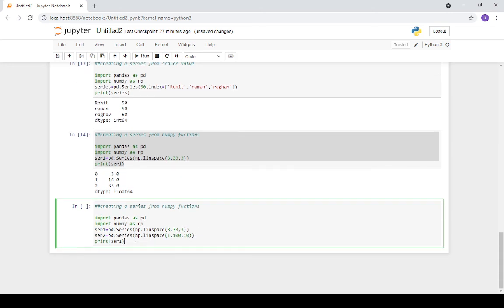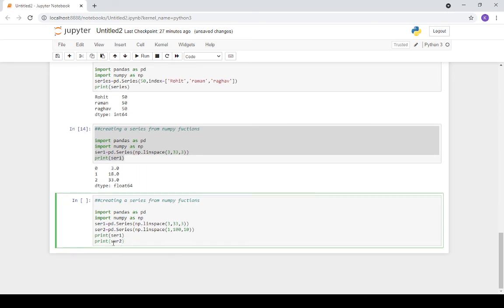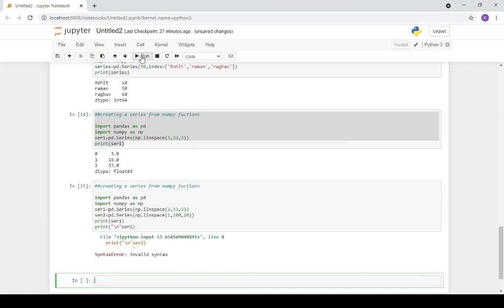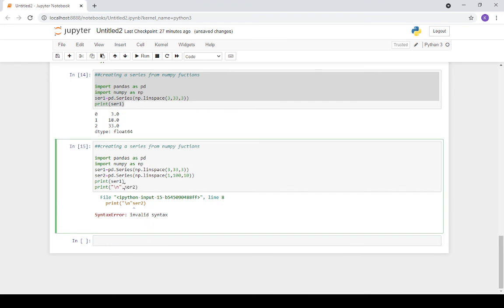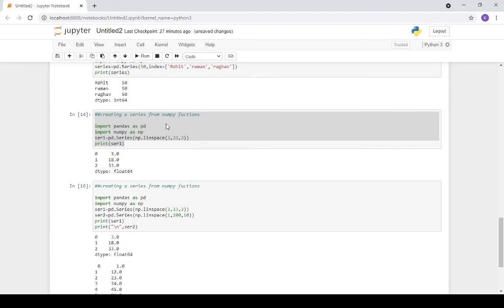Clear? Again we use the same print function, with a slash n. There is some invalid syntax, sorry, it is a comma misspelling.